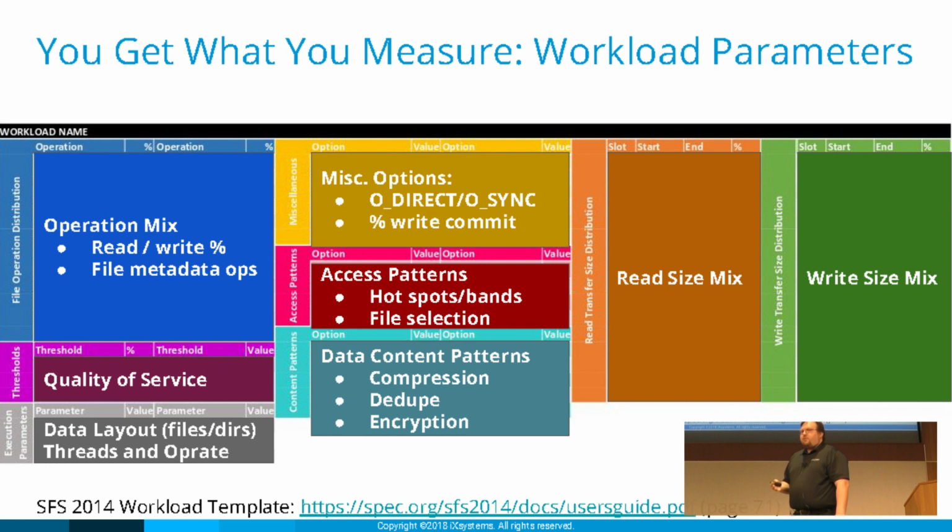Also, the number of threads you're requesting, which can either be real threads or just your I/O depth, your queue lengths. And if you do have multiple threads running, what operate are they requesting? A lot of times people like to run, this thread does work as fast as it can. It just submits I/O, and as fast as it gets it back, it sends out a new request. But actually, you can learn a lot of really cool things about the performance of your array if you try to go for a certain operate. So you can call that a paced workload.